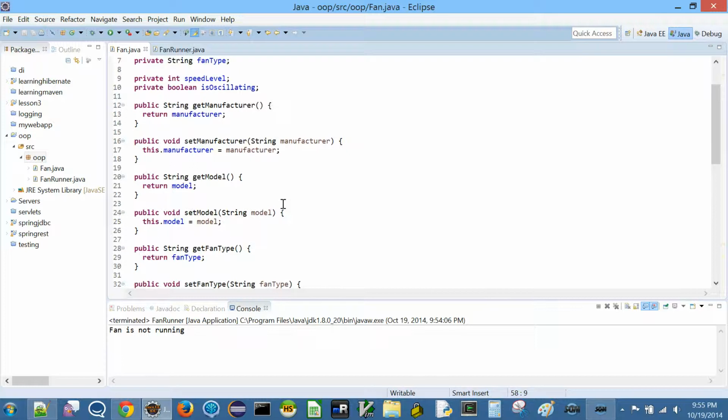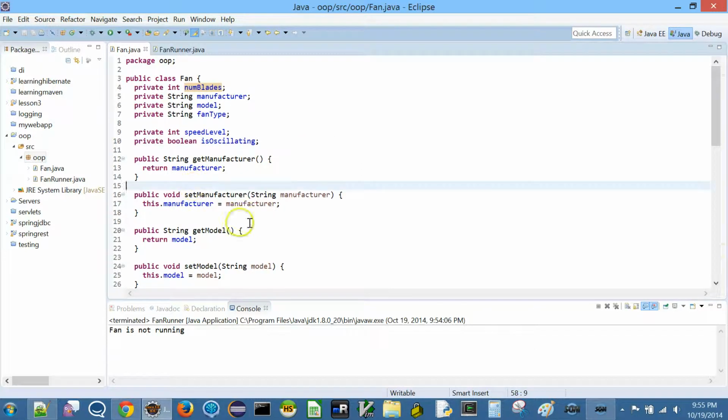But the Eclipse code completion will always do it like this. It will say this dot manufacturer. So don't confuse this one. You can always click on this in Eclipse and it is going to highlight what this variable is.